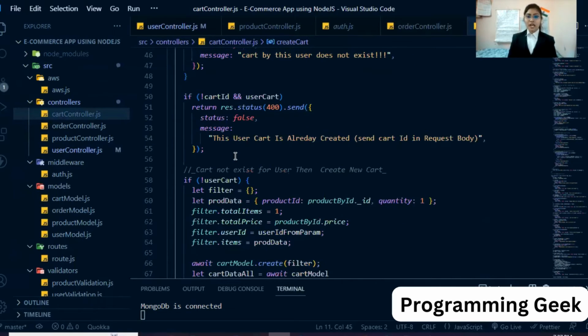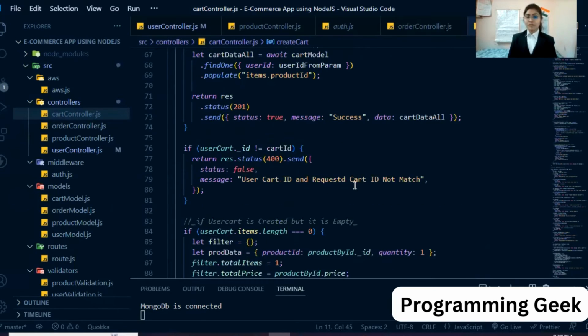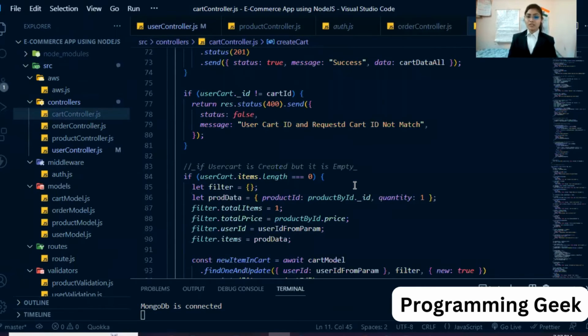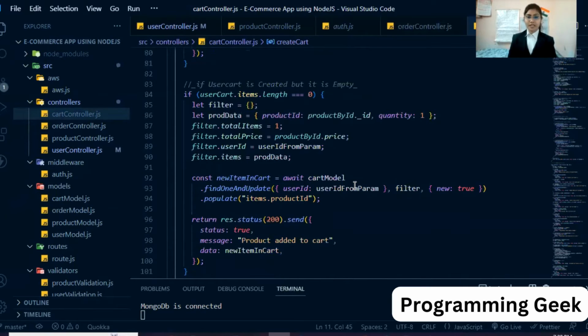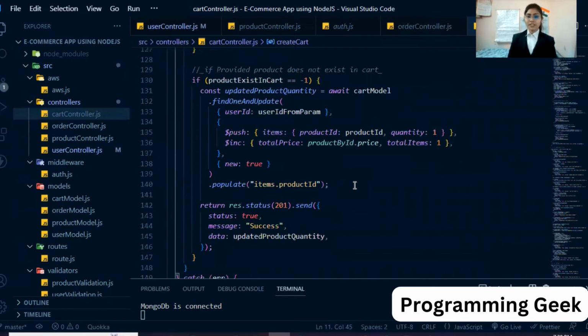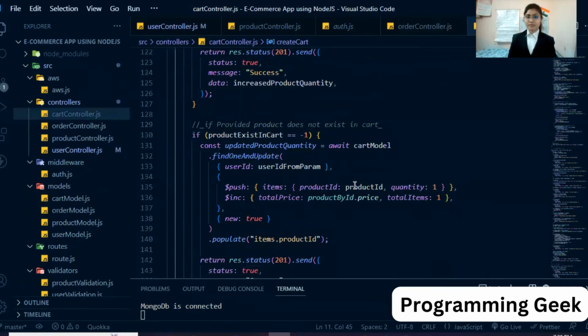Then I validate both the cart ID and user ID here. Then I store all the valid data as key-value pairs. Then after getting all the data, I return all the information with the message. Then I update the data here after getting the method by using this method here.